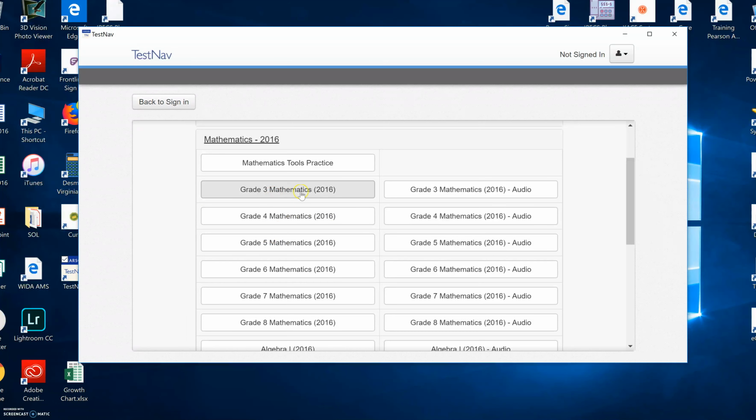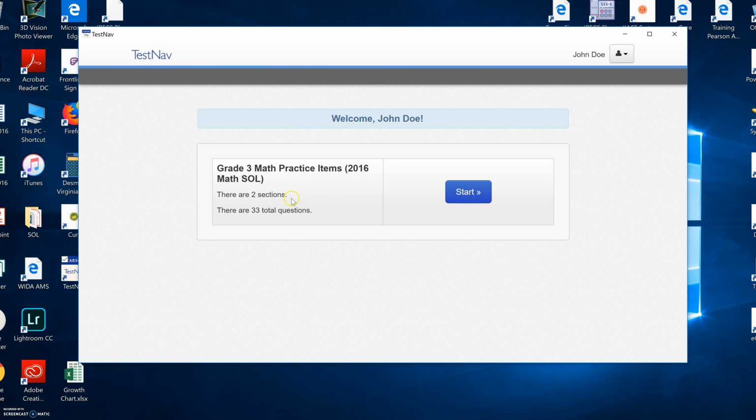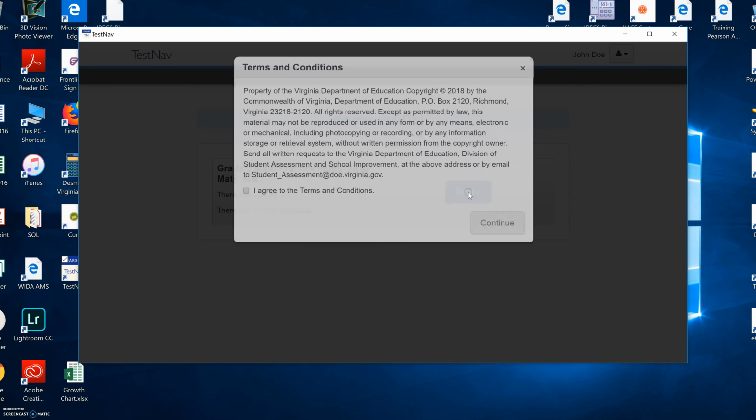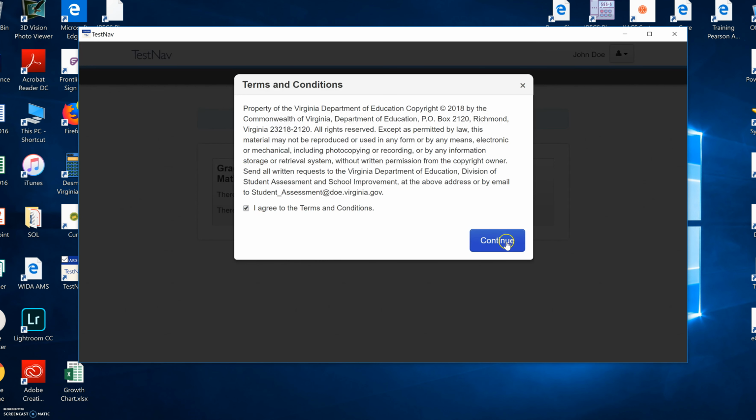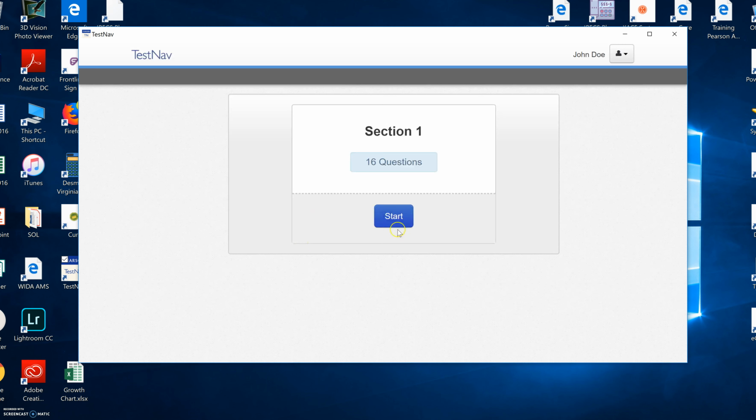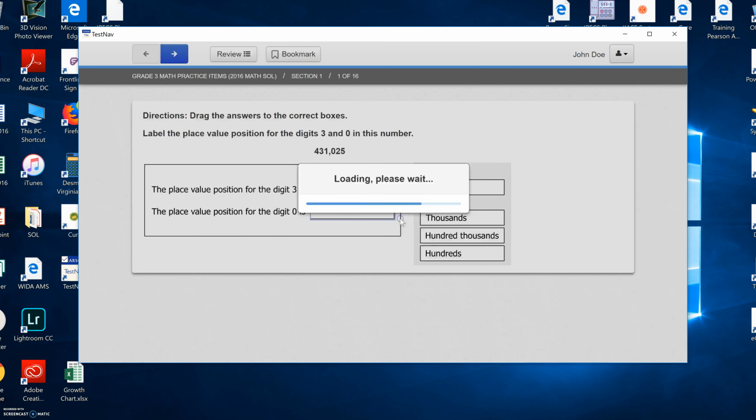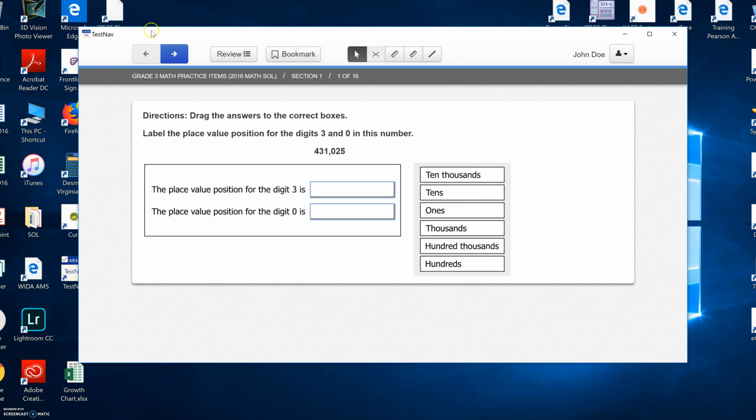So I'm going to use grade 3 as my example. It's also good practice just for them getting into the test, agreeing to the terms, and starting different sections without having a test ticket, but it's still good practice. And I'm going to skip to the newer questions,